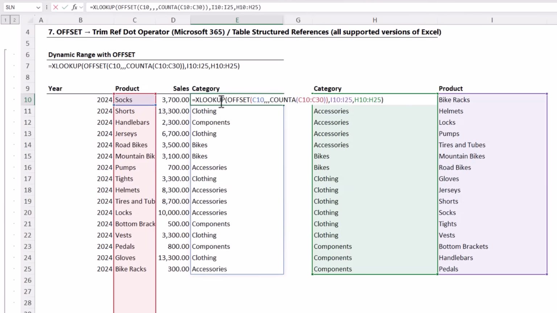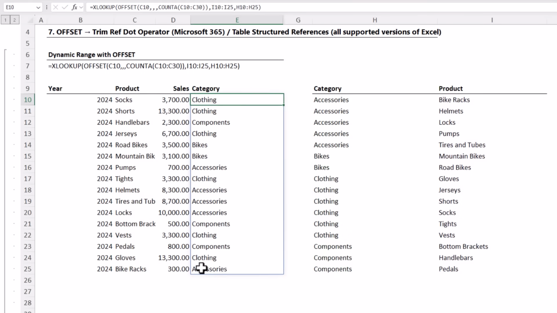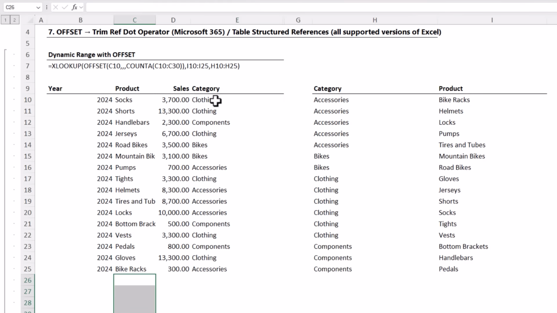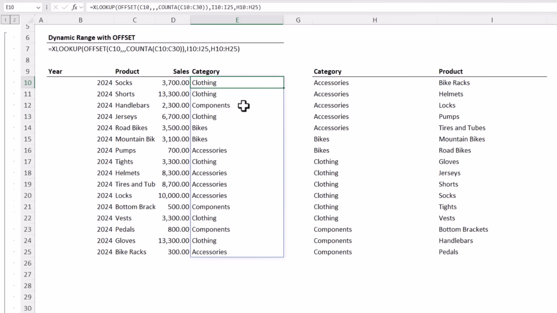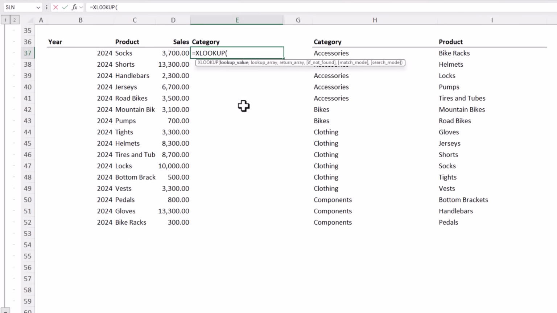For example, here I've used the offset function to allow this XLOOKUP to dynamically extend past the bottom of this table, allowing for more records to be added. But the new trim ref dot operator has made offset obsolete for dynamic ranges. Let's take a look. Now we can simply XLOOKUP the product, and I'm going to select all of the records and allow for more